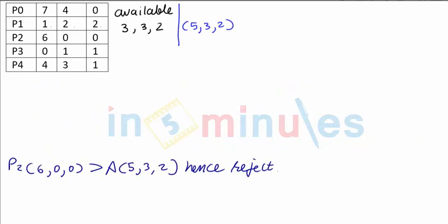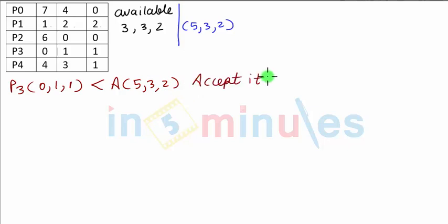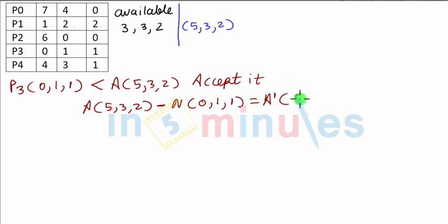Now since we have rejected P2, we'll go to P3. So let's start with that. P3 need is 0,1,1, which is much lesser than the current available of 5,3,2. Hence accept. By saying accepted, P3 will get the resources needed. So it would be 5,3,2, which is available, minus the need, which is 0,1,1. So the new available A dash would look like